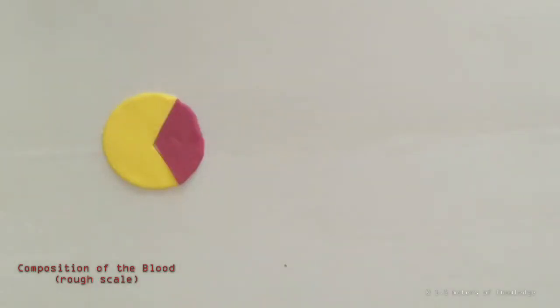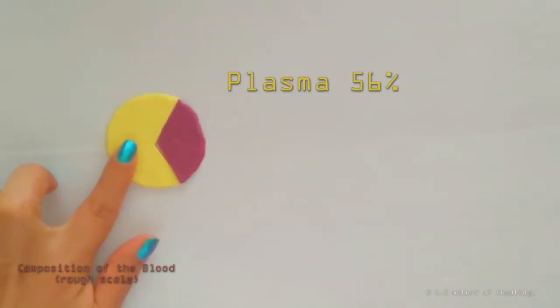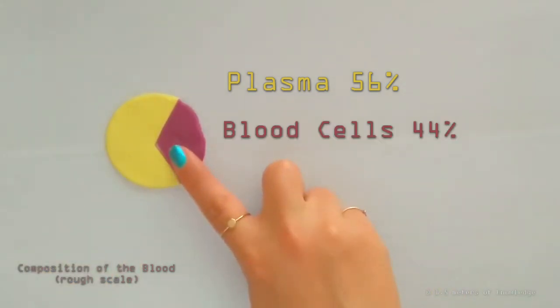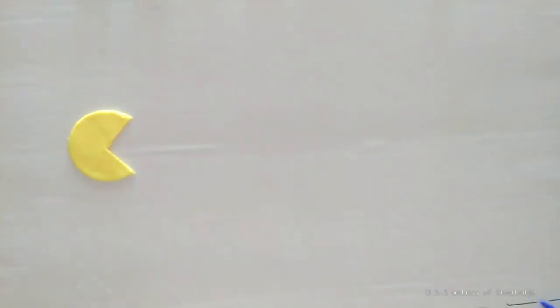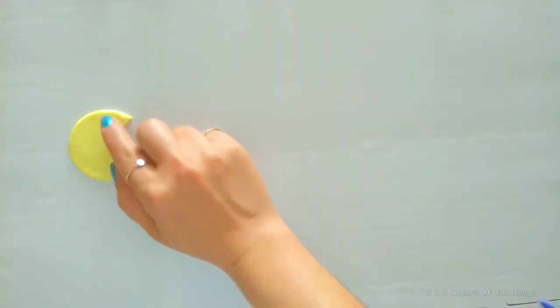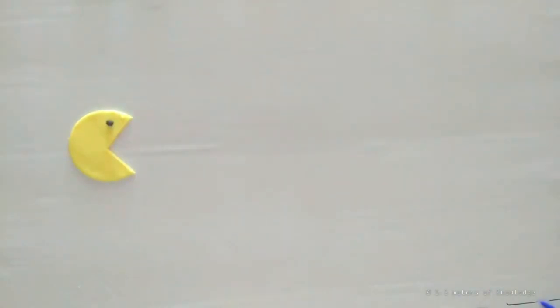What we so call blood can be divided into two main parts. The plasma, which comprises about 56% of total volume, and the cells, which amount to 44% of blood at normal conditions. The plasma, looking like a yellowish Pac-Man, is made of 90 to 92% of water, in which are dissolved